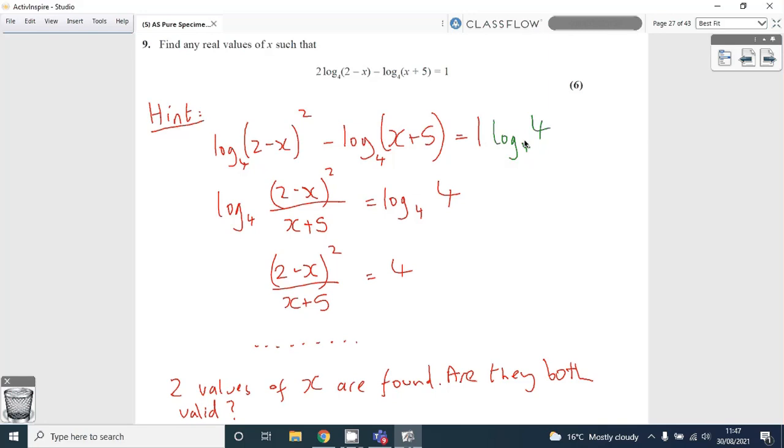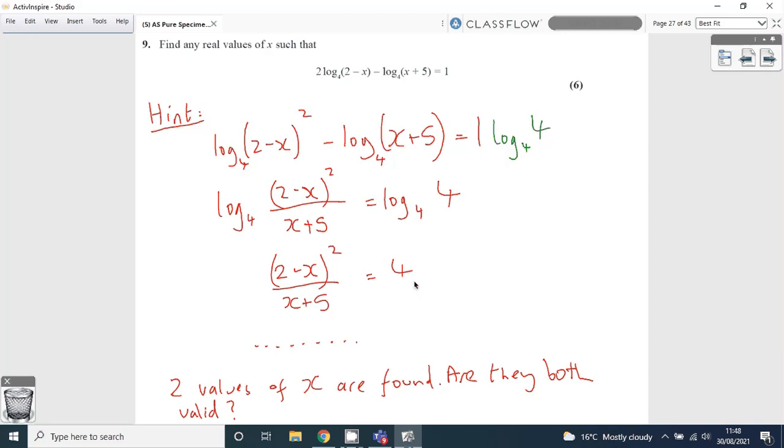And then we can simplify the left hand side down to one term using the subtraction rule, the division rule, okay? And I forgot to say, I've also initially used the power rule. I've taken that 2 upstairs, so that 2's gone upstairs, power rule. And then to simplify it down to a single term, we use the division rule. And then we've got log to the base 4 something equaling log to the base 4 something. So these two components here have to equal each other,